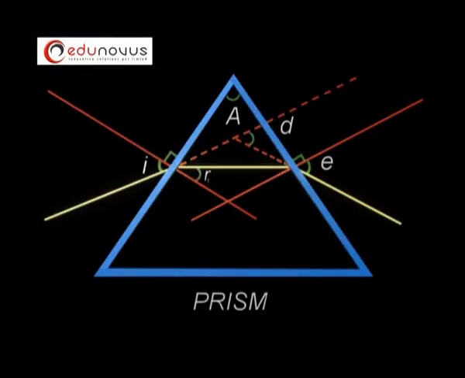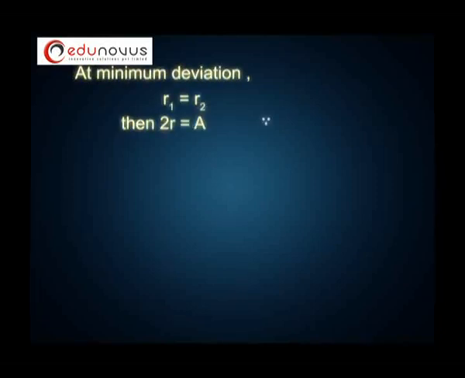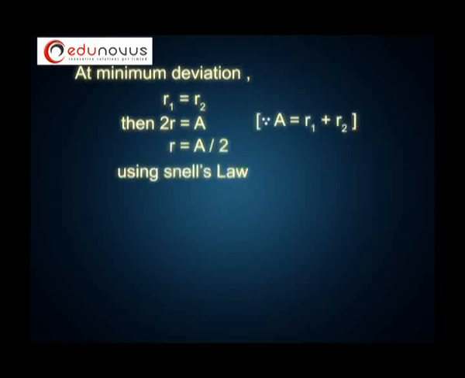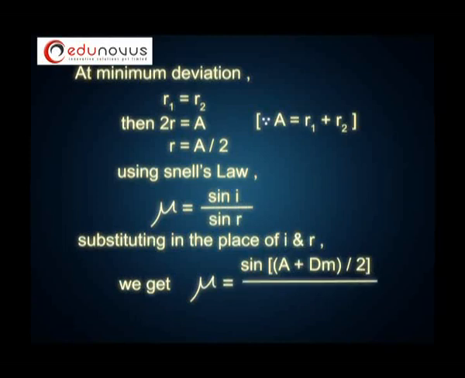And if r1 and r2 are the angle of refractions at the two refracting surfaces, then angle of prism A is equal to r1 plus r2. In the minimum deviation position of the prism, r1 is equal to r2. Then 2r is equal to A and r is equal to A by 2. Using Snell's law, mu equal to sin i by sin r. Substituting the values of i and r, we get mu is equal to sin (A plus Dm) by 2 by